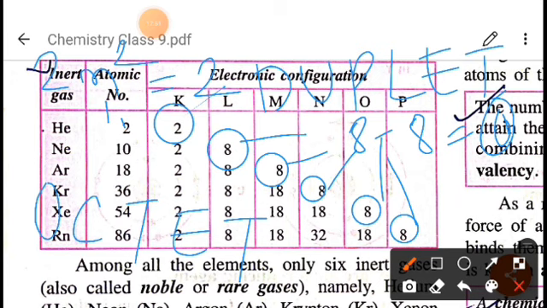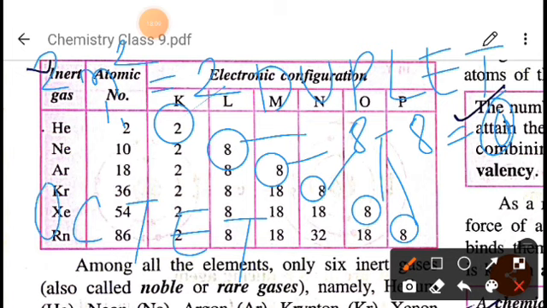So it is a stable element, even though the 8 electron rule does not apply in its case. We have come to know that if 8 electrons are there in its outermost shell, the atom is stable, right? But in the case of helium, it is not like this. Since helium has only the K shell, and the K shell is completely filled with 2 electrons, which is called a duplet, it will also be stable. Helium is also stable like neon, argon, krypton, xenon and radon.